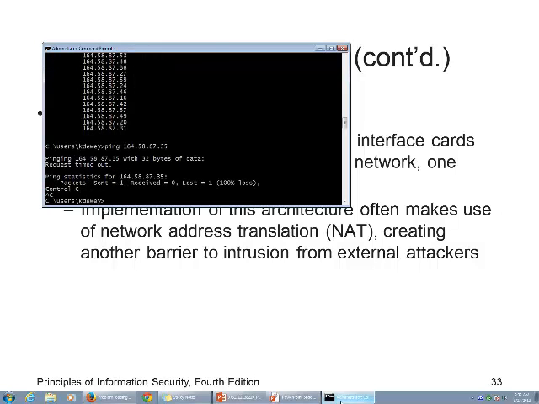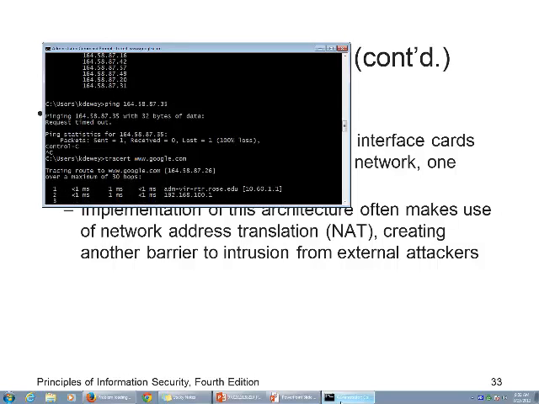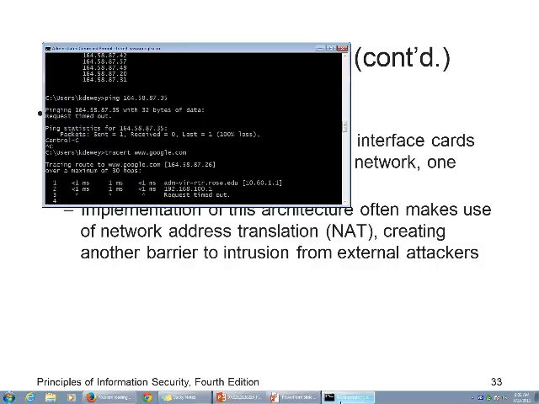Now, if I do trace route Google, what happens is the packet hits our firewall. Then it's not going to go much farther. It's going to stop maybe one more hop. What happens is our firewall won't allow it out. It says, hey, you're trying to check for connectivity, so it's not going to allow it out.